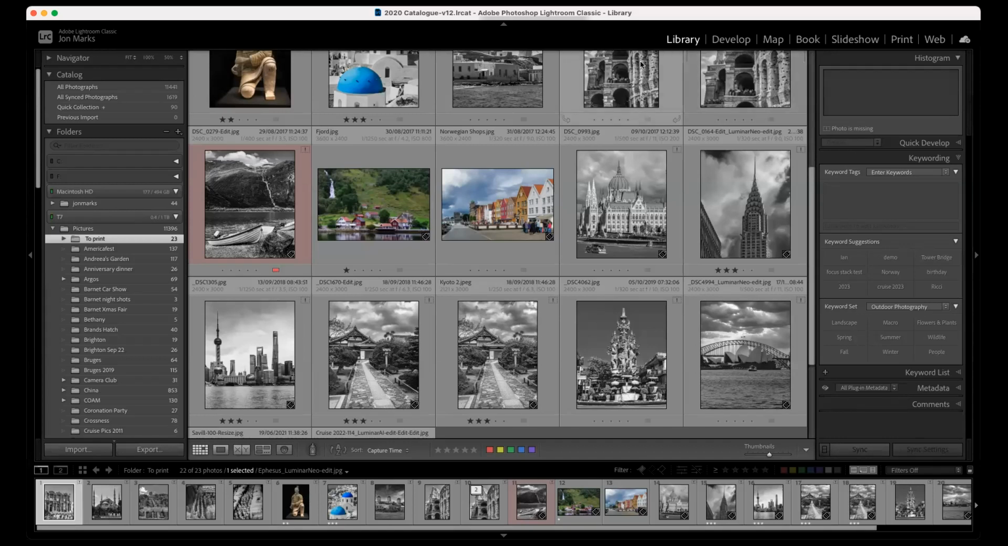So basically, up the top here, you can see the modules. Can you see my cursor okay? Yes. Good. So the library module is in some ways, to me, one of the most important parts of